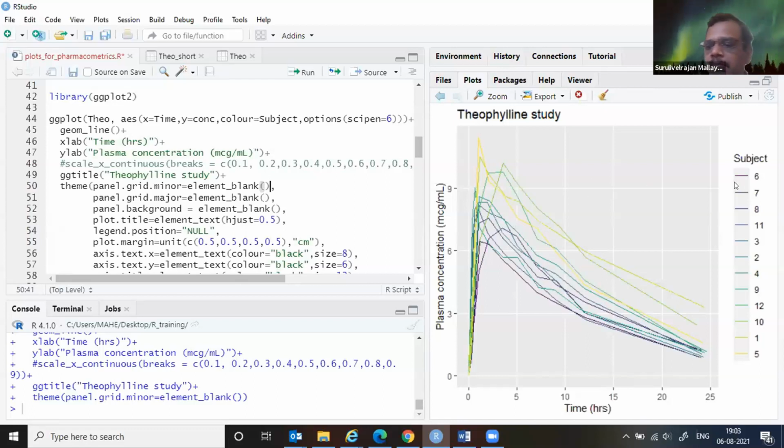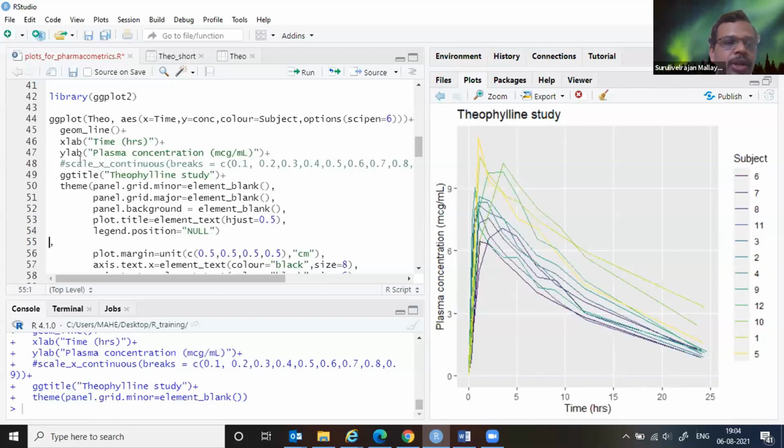So even though these are colorful lines, I'm still not able to really see which color belongs to which number. I'm not very keen to have the legend. I'm saying I'm not very happy to have the legend, so I'll remove it. Until that much, we'll go and see what's happening. What is the improvement happening to this part?